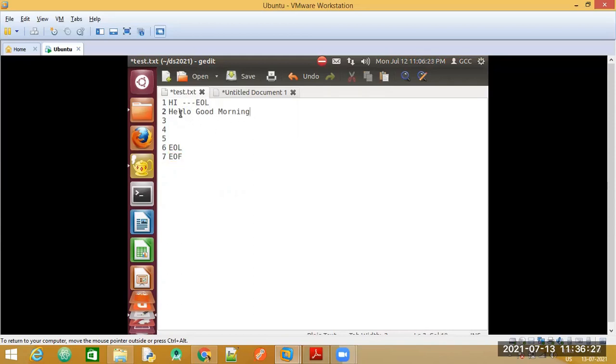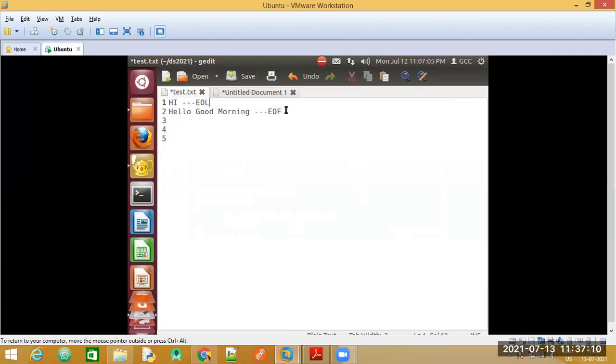So assume that we have removed this, so in this particular text file I have only these two lines. When the file pointer comes to this particular G, after that you will have another non-printable character. The non-printable character is called end of file. EOF indicates that the file has come to an end and there is nothing more to read. After this G, we do not have any more characters to read, so no more characters to read.